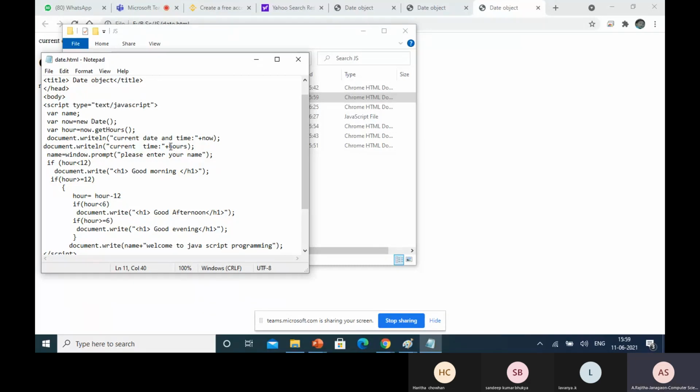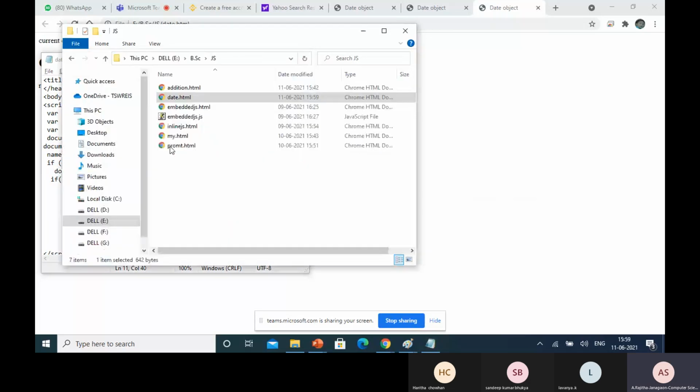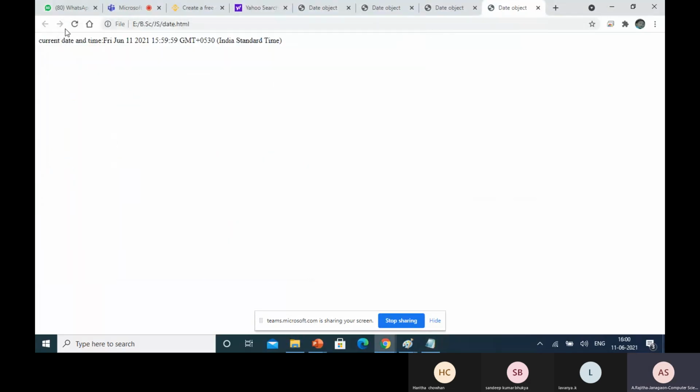Save this. See the current date and time. One minute, something is wrong here.